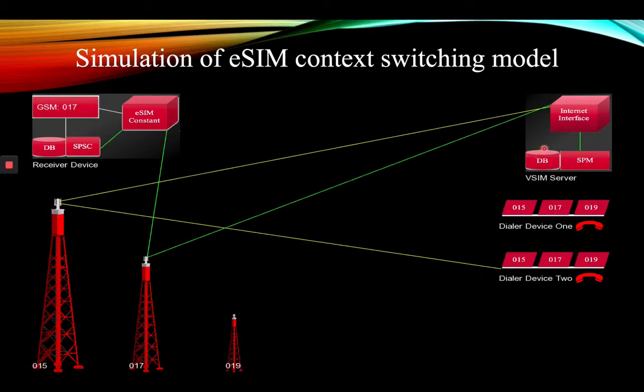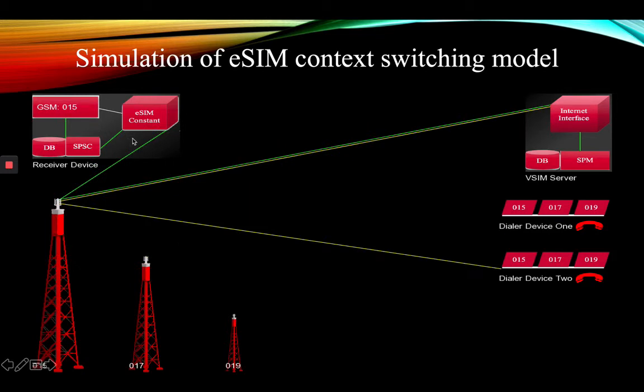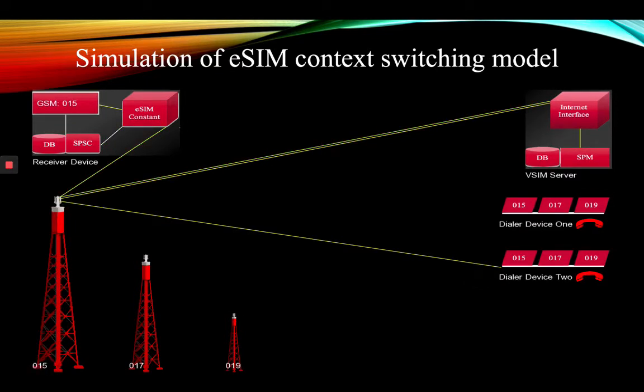So our vSIM server sends a request through the 017 network to the receiver device, and the receiver device activates the 015 subscriber in its GSM activation unit and connects on the 015 network to the vSIM server. Finally, dialer device 2 succeeds in establishing a voice channel through the 015 network to the receiver device's 015 subscriber